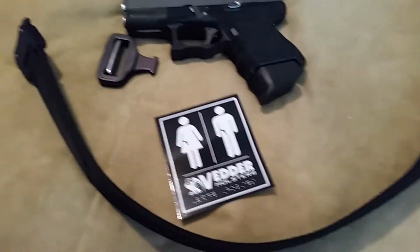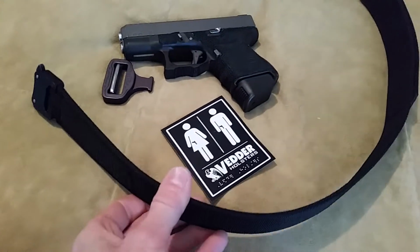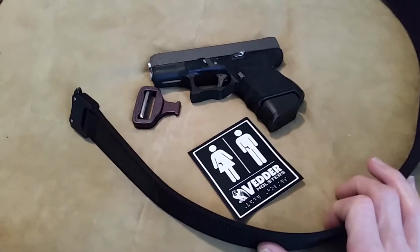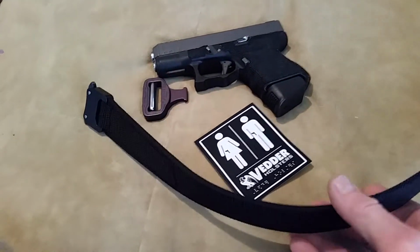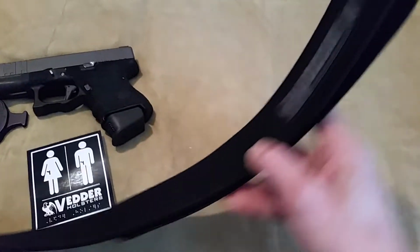But I'm telling you right now, this is a super nice belt. I think these things sell for about $50, $54, something like that. And I'm going to tell you, that's a great deal, because this is an $80 belt all day long if you buy